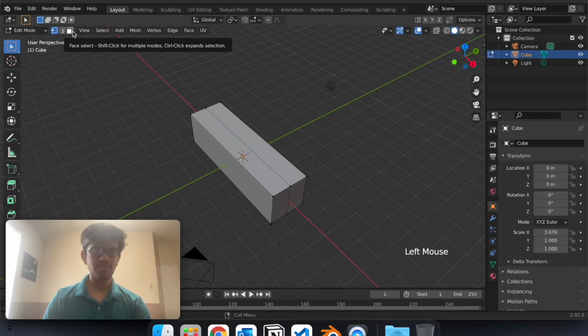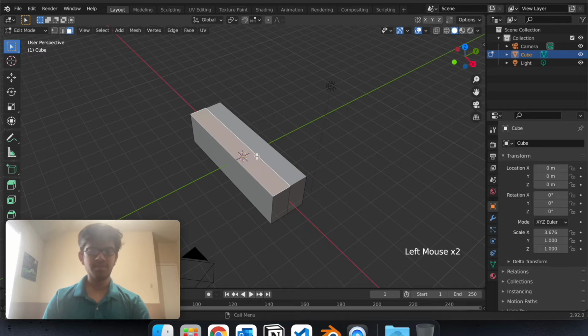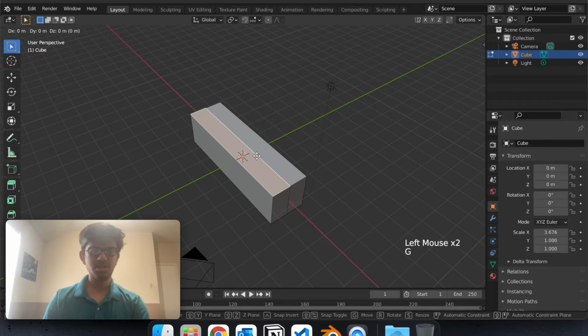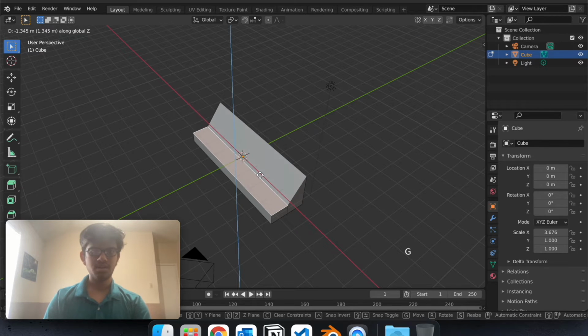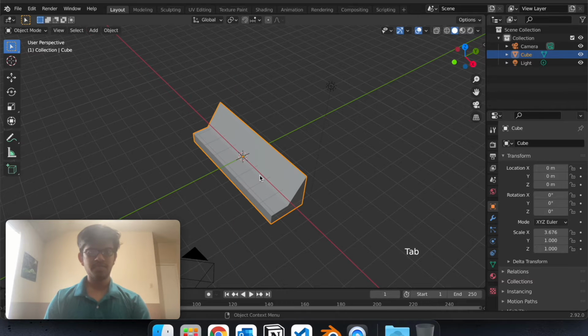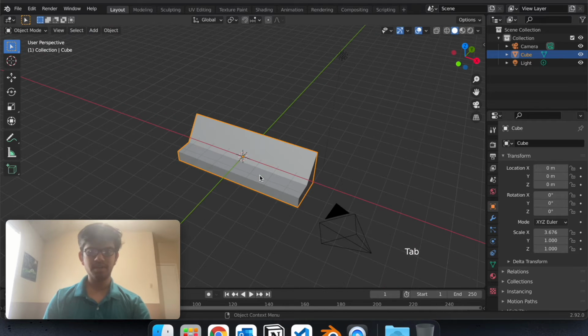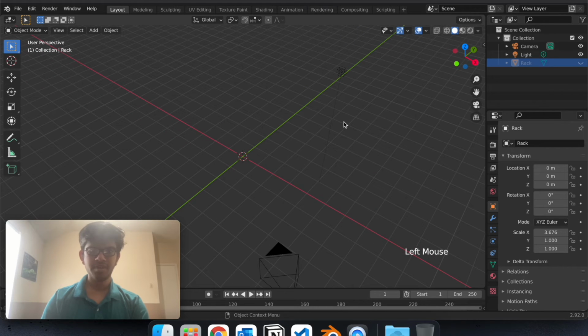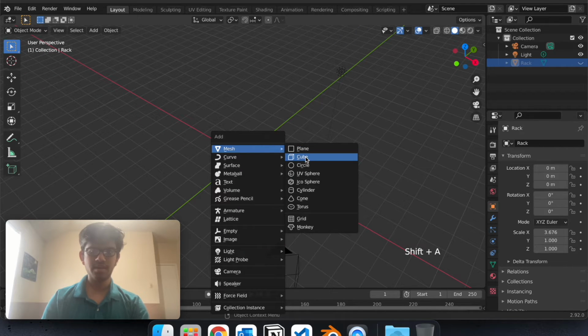So now, in order to make the Scrabble rack, we need to make this face go down. So we'll press G, then Z, like this. There you have it. You made a Scrabble rack. So now let's name it rack, and let's hide it for now, and Shift A, add a cube,